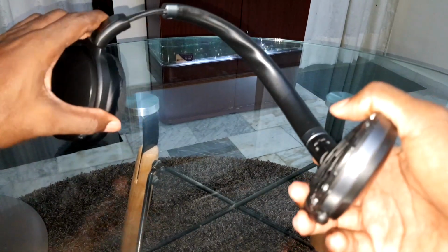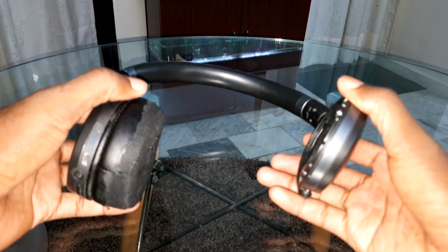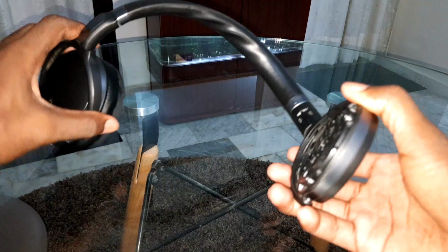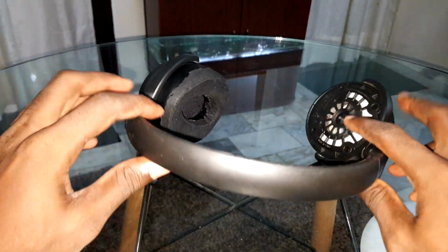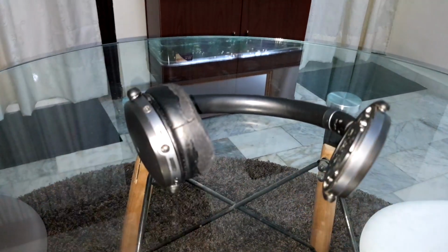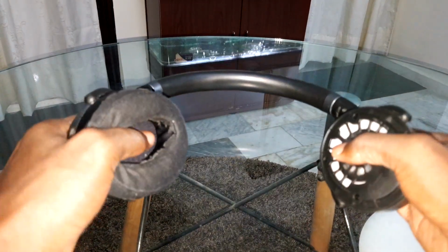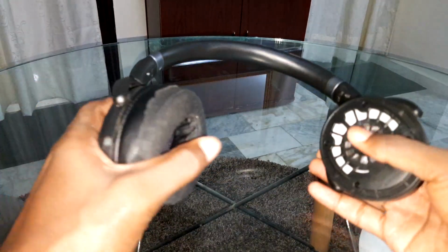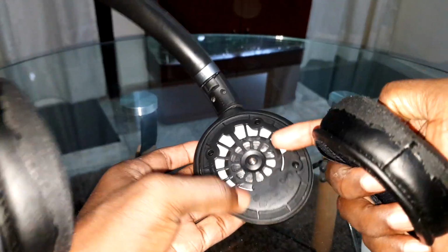What? How is it possible? Do you want to break my headphone? No! Look at, wonderful. Oh, don't break my headphone! No, nothing. This is a beautiful headphone, bro. Oh, don't break my headphone! No, no! Boom! It's super flexible, bro. No problem with this. This is why I like this headphone more, and I want to buy a new headpad to replace this